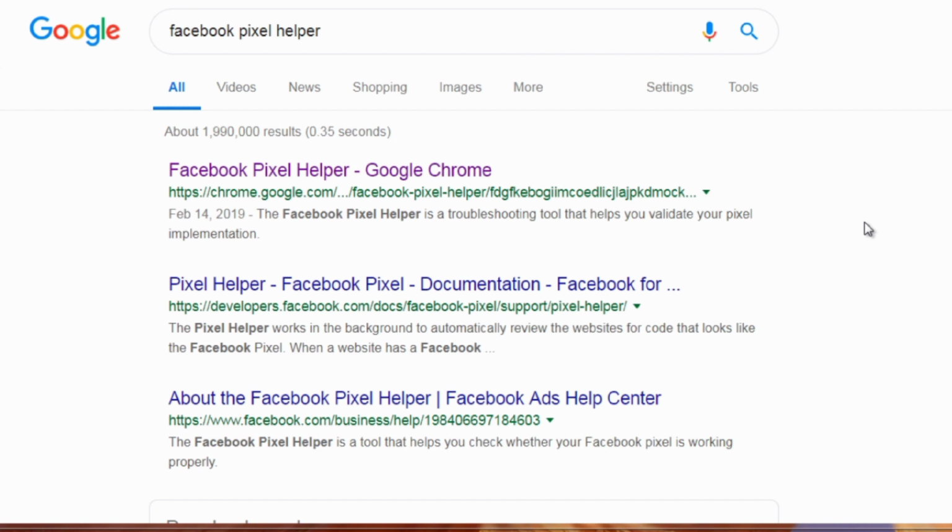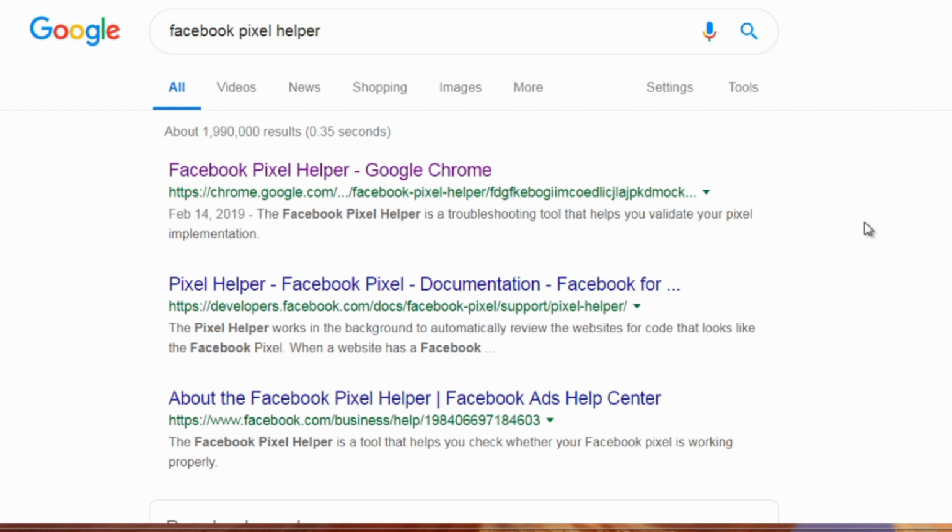So how do we do that? We do that by simply downloading a free Chrome extension called Facebook Pixel Helper. What that does is it detects whether you have a pixel on the specific page that you're looking at. So let's say, for example, the funnel has 3 different pages. We can go to those 3 different pages and see what Facebook Pixel Helper is telling us. It'll tell us whether it can see the view content or the add to cart or the purchase code